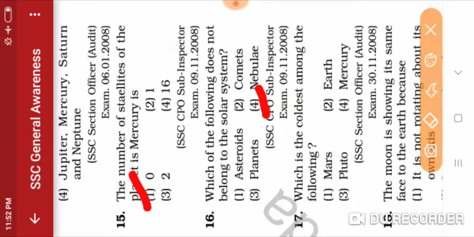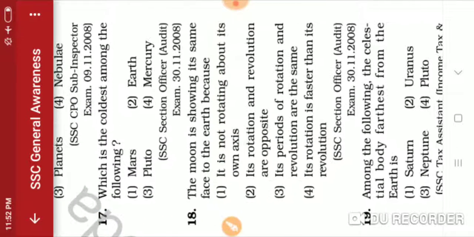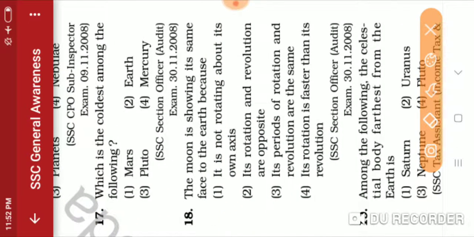Which is the coldest among the following? So coldest planet is technically, this question is wrong, but Pluto is the coldest one. Next question is that the moon is showing the same face to the earth because, good question,